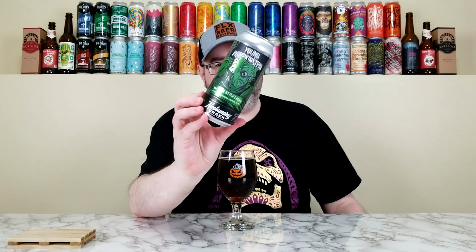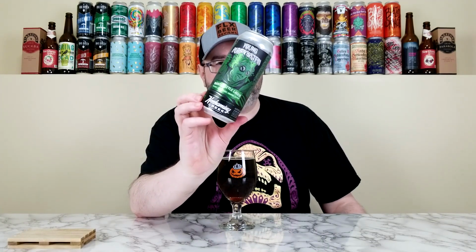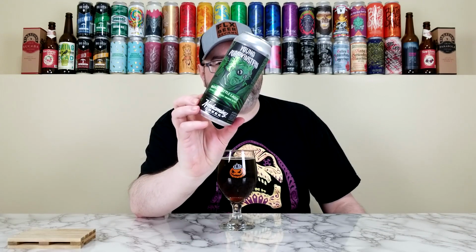So, if you've had this one before, post in the comment section. Let me know what you think about this one, Young Pumpkinstein. And I love the artwork. The artwork's pretty fantastic, to be honest here. A take on Young Frankenstein, and because it's a hybrid with pumpkin, it makes sense. So is there anything else I am missing on here? Nope. Nothing. So anyway,